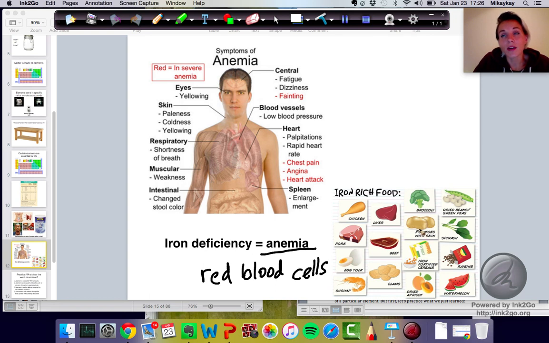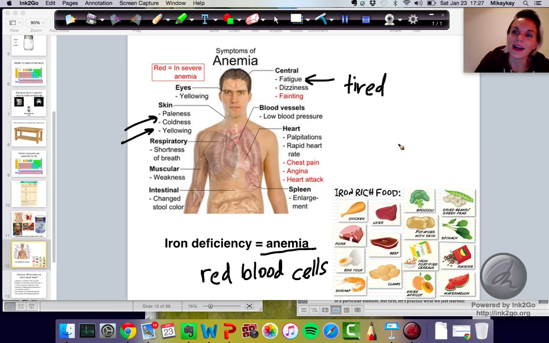And that can cause a range of problems, right? The thing that people usually notice first, when it's not too severe, is fatigue. They feel like they are tired all the time. And you can imagine why. If you're not getting enough oxygen to all the muscles that need it, you're going to feel tired. Another thing that people often have is that you might notice that they're kind of pale and that they are cold. I've been anemic in the past, only mildly anemic, but you're tired, you're cold, you're kind of pale all the time.